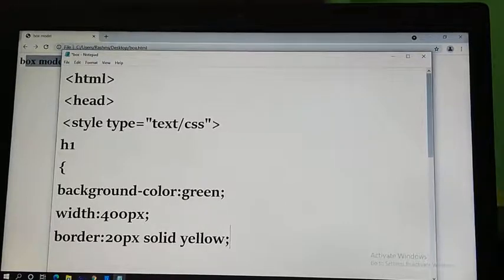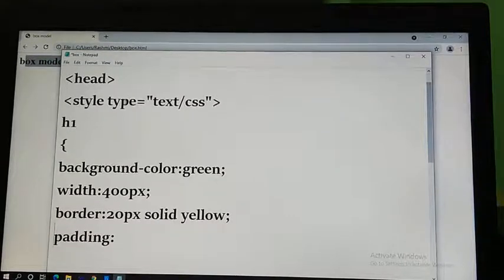Okay, I'm changing the color according to your book. Now use padding, colon. Padding is given 50 pixels, so I'm using here 80 pixels.